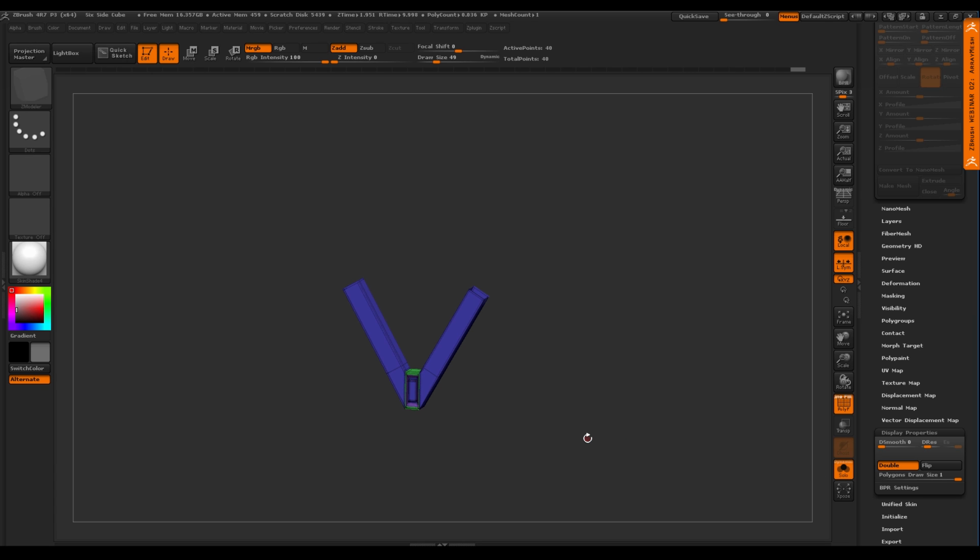Hey, Paul, absolutely. I was waiting for this. Can you do a bridge 2 points with the ZModeler brush? You want to bridge 2 points? Correct. You want to go from one point to another point is what they're asking? Yes. And then if you want to do a split edge in there too.